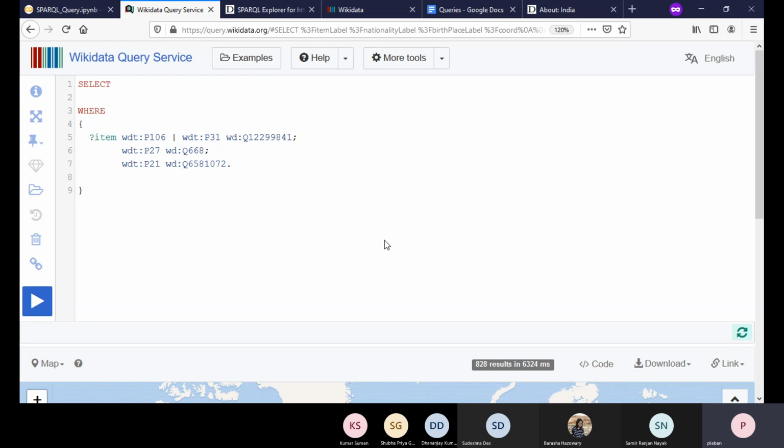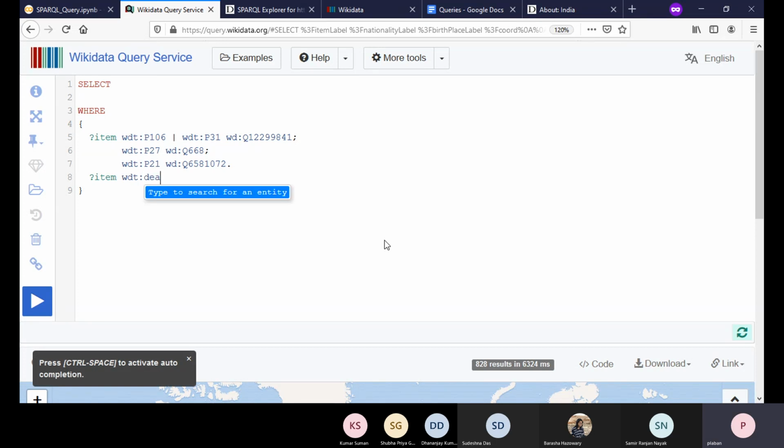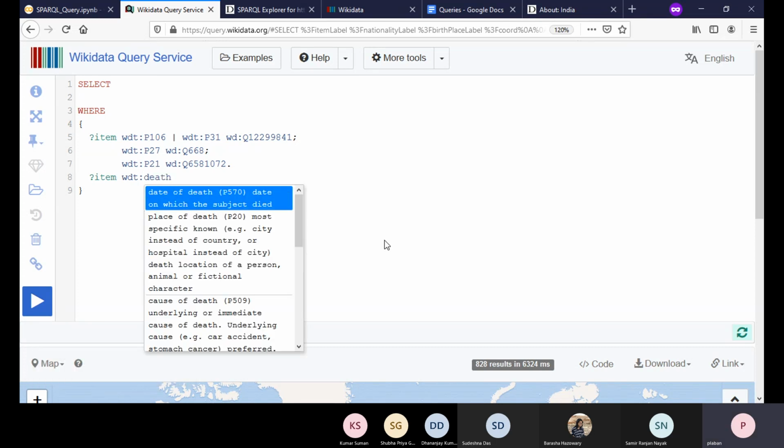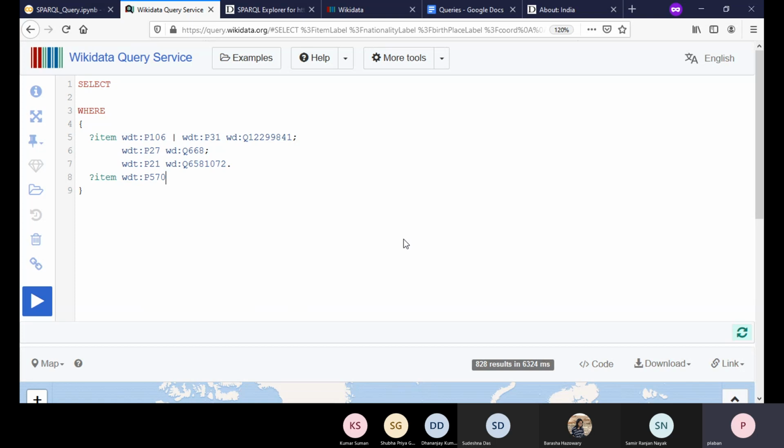First let us see how we write that some item has a date of death, right? So again I'm just writing item, WDT, say control space death, date of death, right?